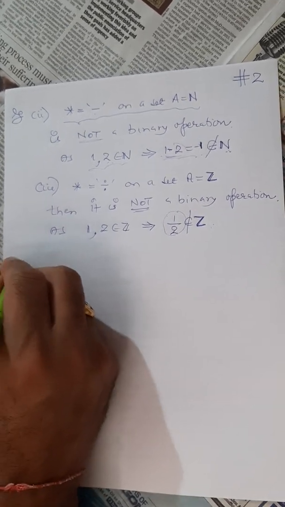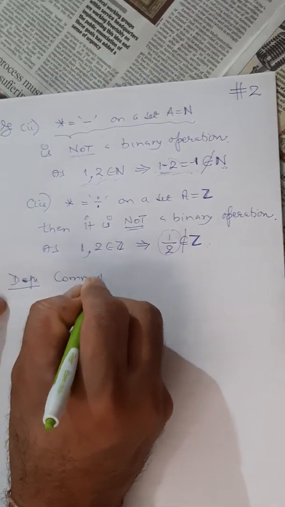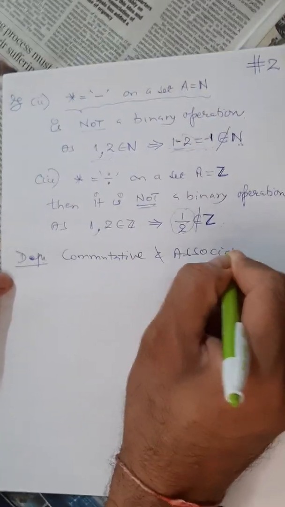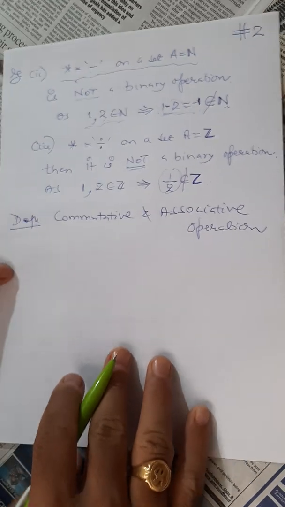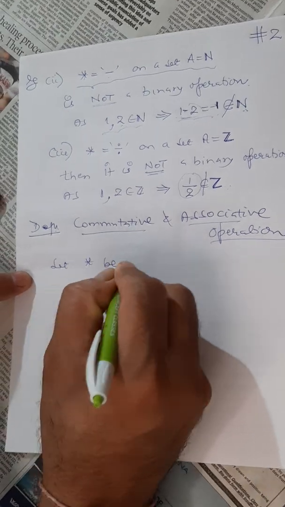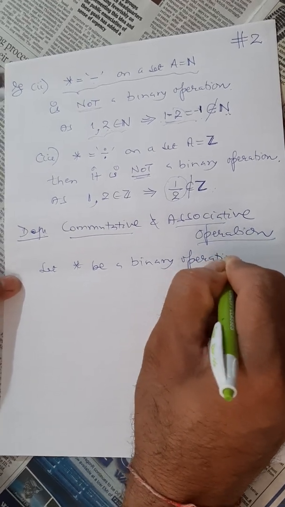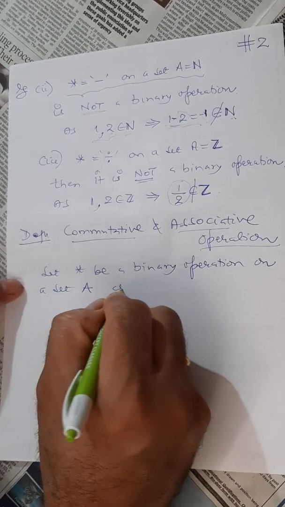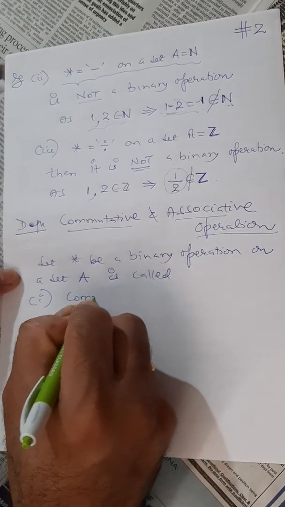Now we move ahead. Next one is about commutative and associative operations. You know such properties. So we start with a binary operation, remember. Let asterisk be a binary operation on a set A. A binary operation on a set A is called commutative